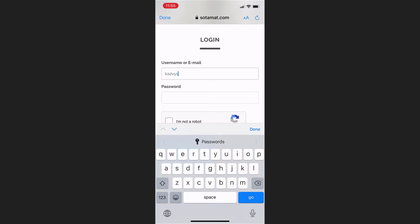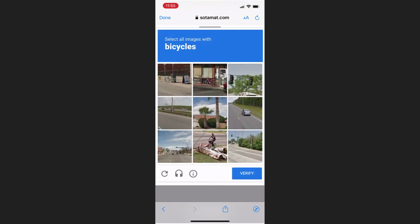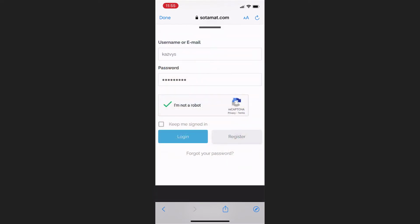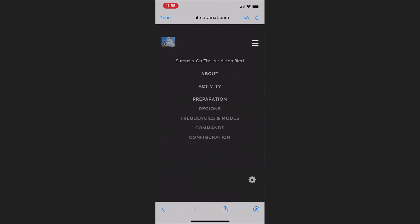Again, remember that the username must be your call sign. Type in our password, and we have to go through the CAPTCHA garbage, which on a tiny little screen is sometimes hard to find the bicycles. All right, once we've logged in, if we go back up and hit the